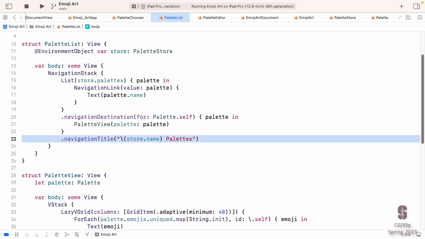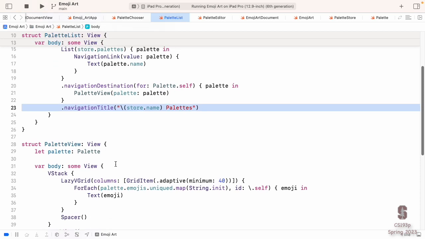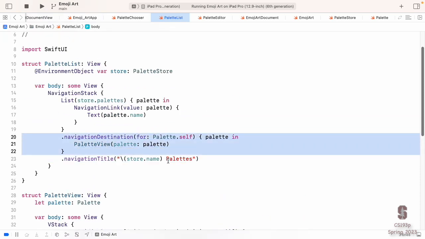The second thing I want to emphasize is that with these navigation destinations, they don't want to go inside the list. They go outside the list. So don't attach them to this text or to this navigation link or inside of for each. See, this navigation is on the outside of this list because the links are all piling up inside the list. And we're saying, here's the value for this one. And now outside the list, we're saying, here's where to go.